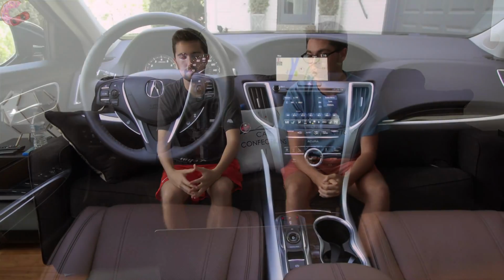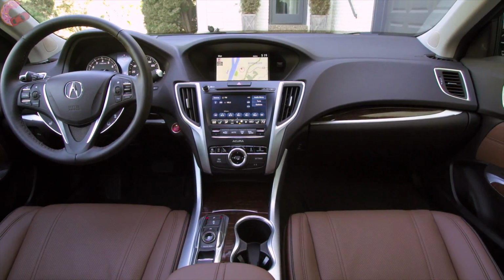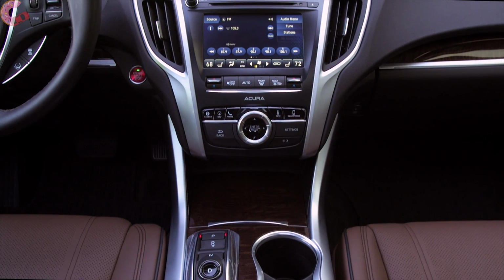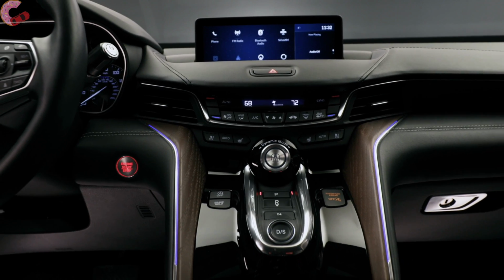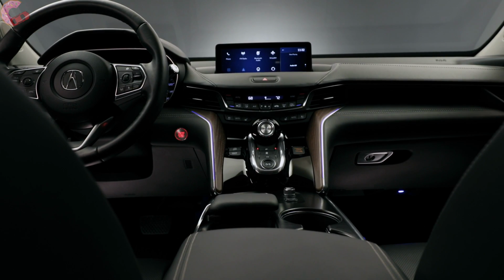The old TLX interior, Drew probably agrees with me here, it's pretty boring. Yes, it's a real snooze would be the best way to describe it. It's not horrible. It's just really bland, and it's gotten very stale over the years. And not only in terms of styling moving forward, but also the material quality is a big step up. And honestly, the sporty styling of it makes more sense in this TLX than in the